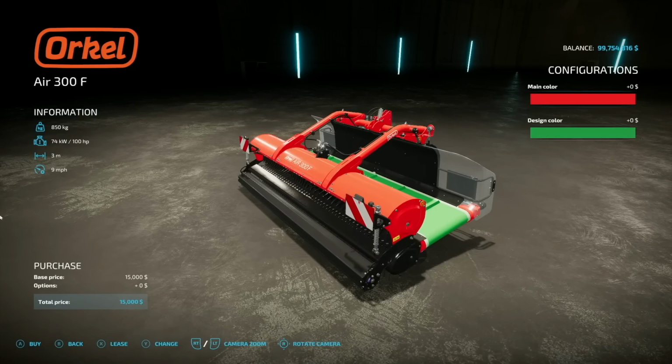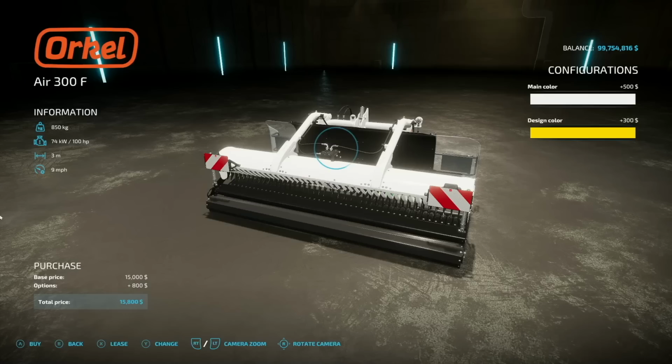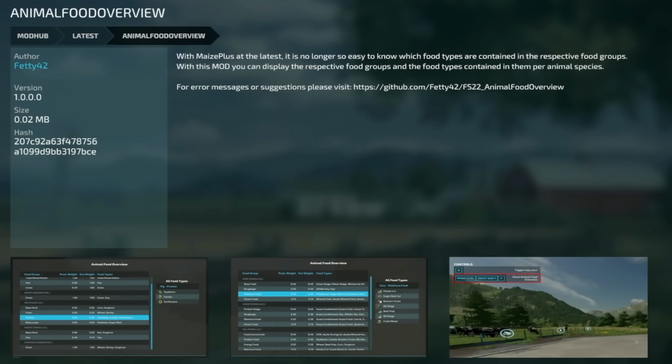100 horsepower, 3 meters at 9 miles an hour. Kick it left, kick it right, whatever you do. Just kick it. I don't know. Let's just move on. It's your only other new mod for PC and Mac players that came out today anyways,